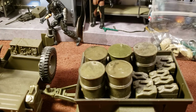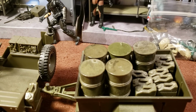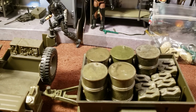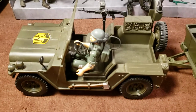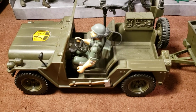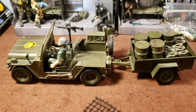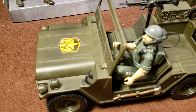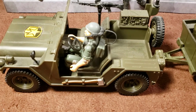Let's see. I haven't really seen anything else. Okay, they do have lots of other vehicles that go with this, such as the tank and a few others like that. Helicopters don't really look all that great, but this Jeep is a great addition to any G.I. Joe display for sure. And I customized it with the G.I. Joe emblem up front. These would be great pieces to paint,